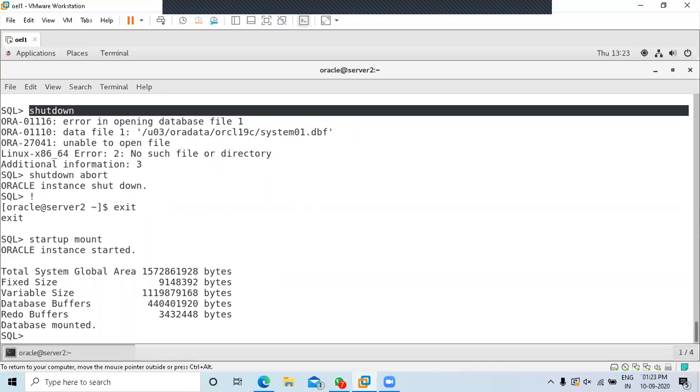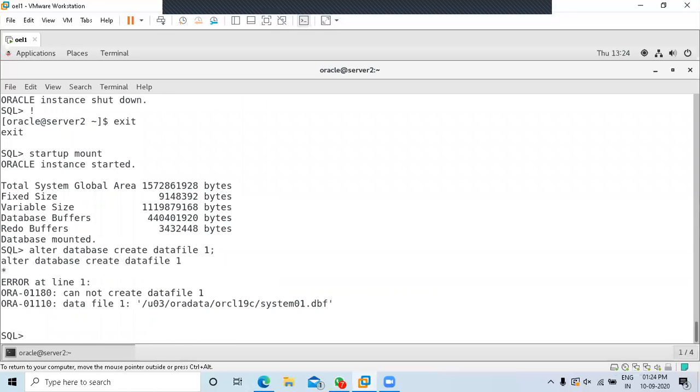It's 19c, let's see whether it works or not. Alter database create datafile 1. No, see, you cannot create datafile 1. As long as the data file is not the system data file, it will be created. But if the data file happens to be the system data file, then you cannot recreate it. So just forget about recreation.